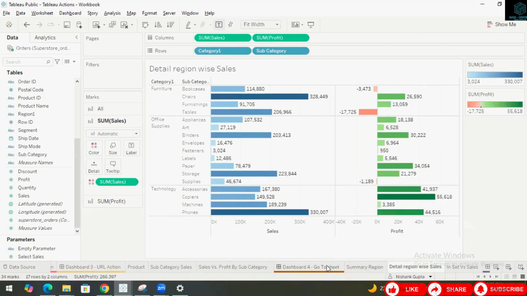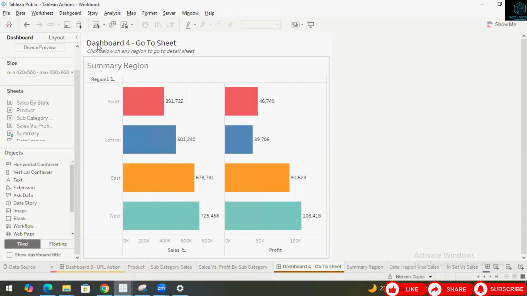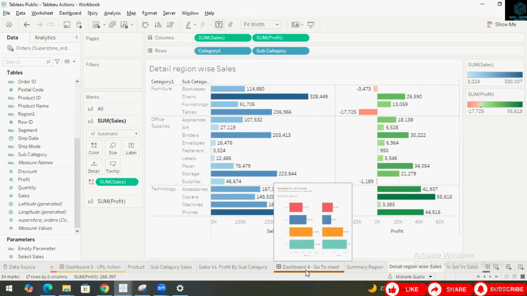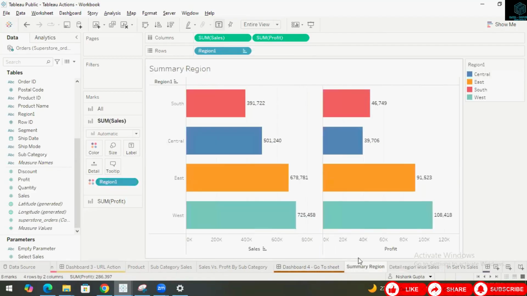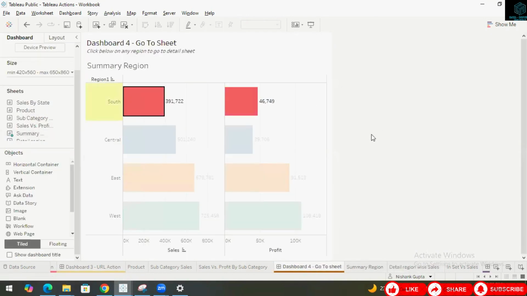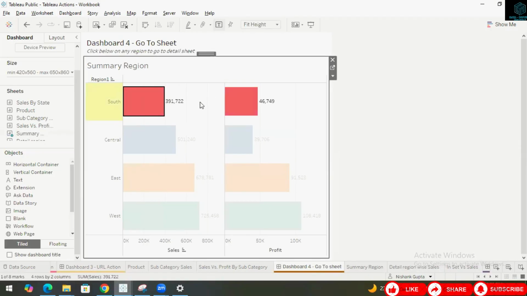Okay, so now what it's saying is, click on any of the regions to go to the detailed sheet. I'm clicking on South, and it is taking me to this particular sales view, where we have the category, the subcategory, the profit, and the sales. All right. So how is this working? These sheets are quite simple to create. That is not the tough part. The part we need to take care of is